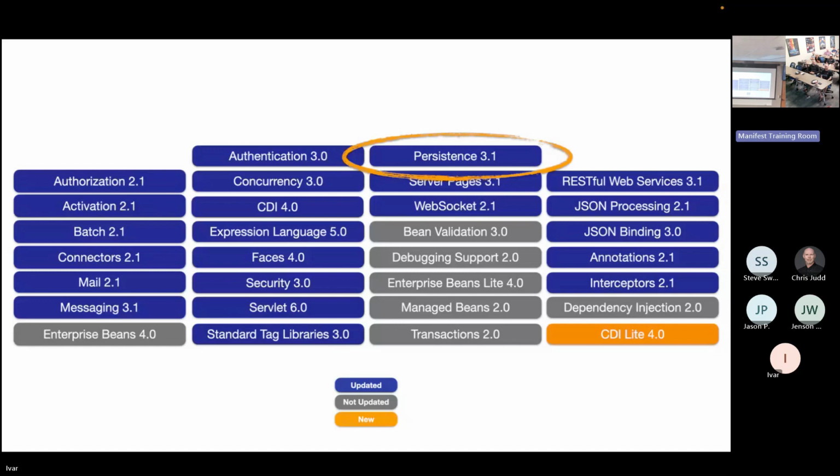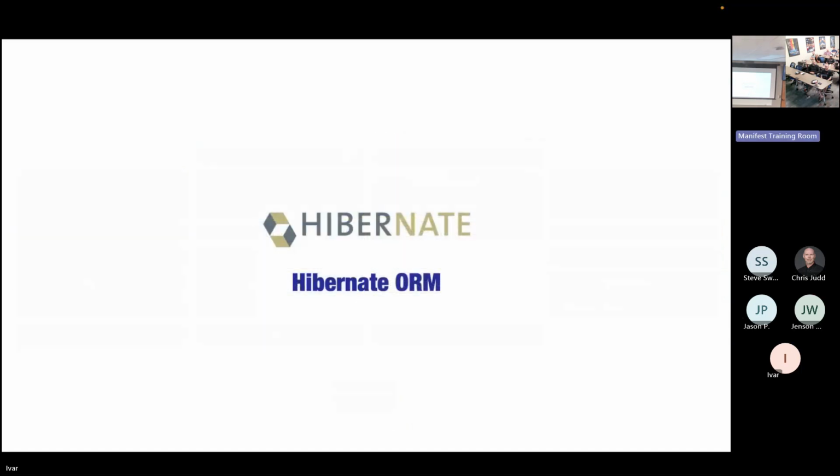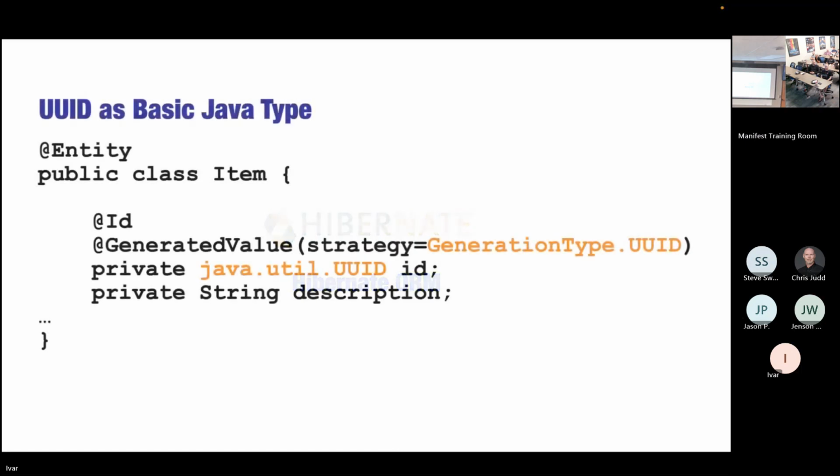And so that's Jakarta Persistence. And Jakarta Persistence, well, that's Hibernate. Hibernate is Jakarta Persistence. And you're probably using Hibernate ORM in your Spring Boot applications. So if you do persistence in Spring, it's usually Hibernate. And that's Jakarta Persistence. And what we did in the latest version of Jakarta Persistence is actually we introduced UUIDs